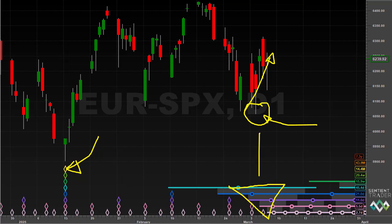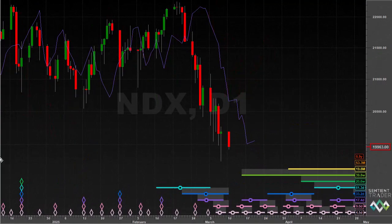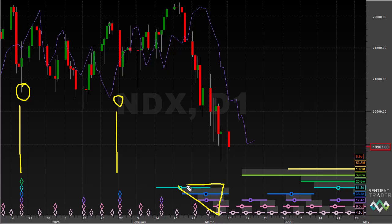In the Nasdaq, our analysis has not changed. You will remember from previous market update videos that we have been considering the 20-week cycle trough as having formed over here in the middle of December. That gave us a 40-day cycle trough over here towards the end of January, and the Nasdaq is itself still falling into this 80-day cycle trough. This nest of lows is of course stretched over to the left, indicating that we have a fairly late 80-day